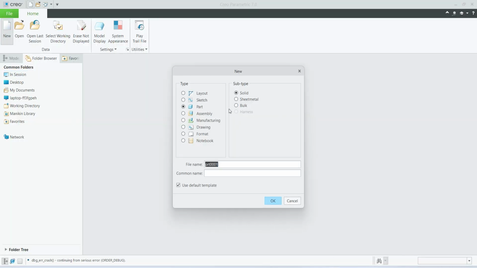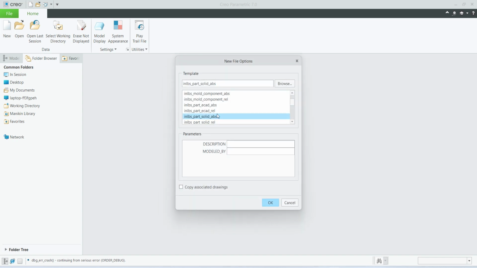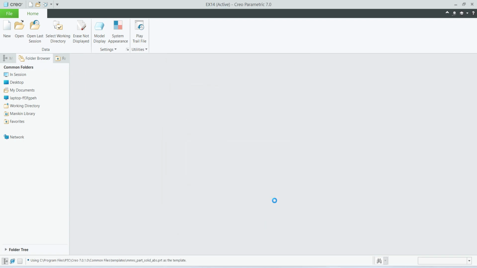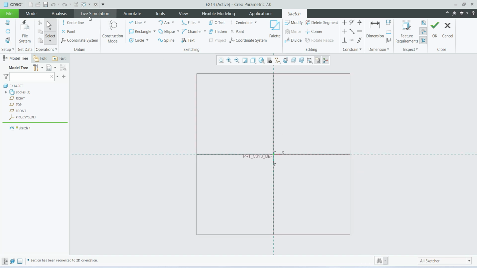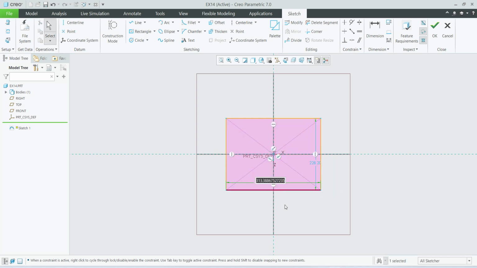Select new part solid, remove use default template, select MMNS part solid, select plane, sketch, select center rectangle, give the dimension 80 by 80,